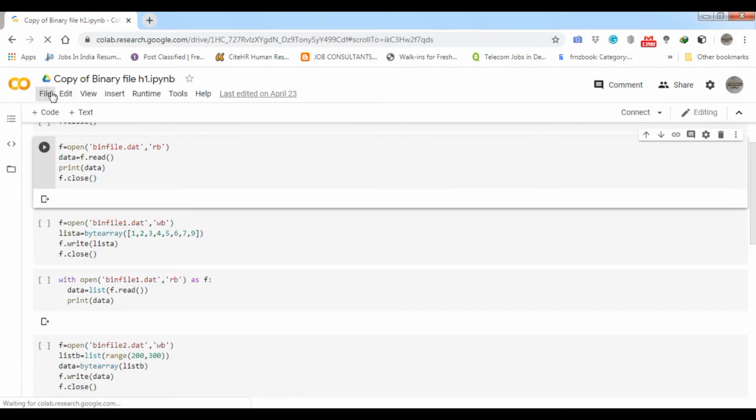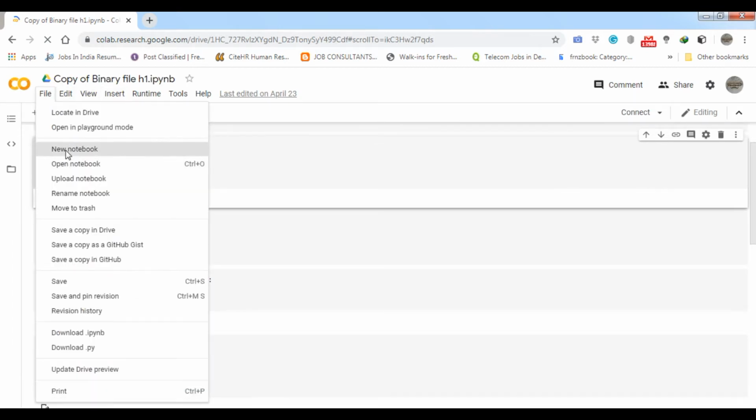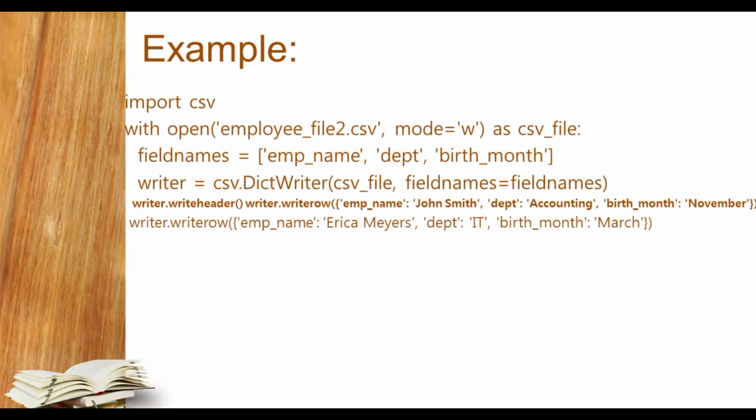Now I am going to create a new file. I am going to say new notebook. Till then you can see the example again while my Google Colab opens.